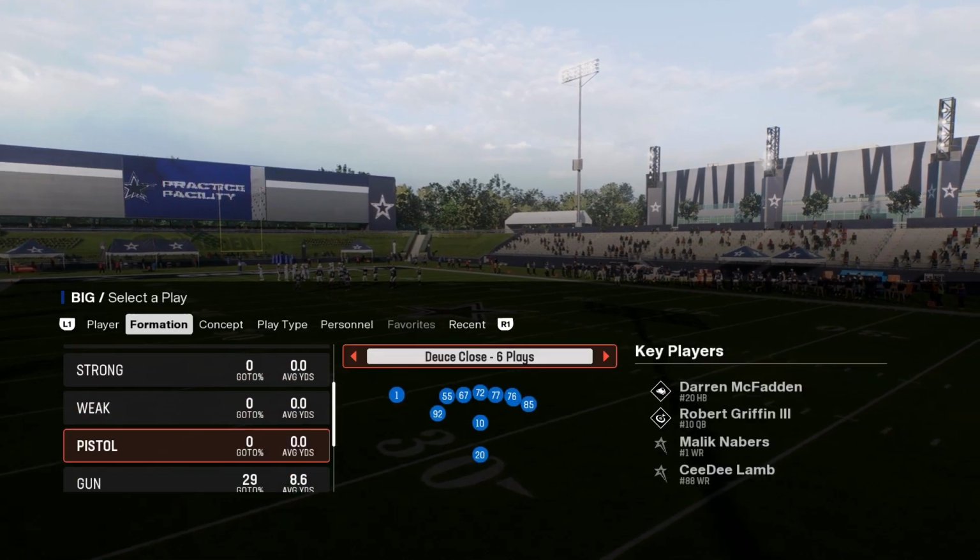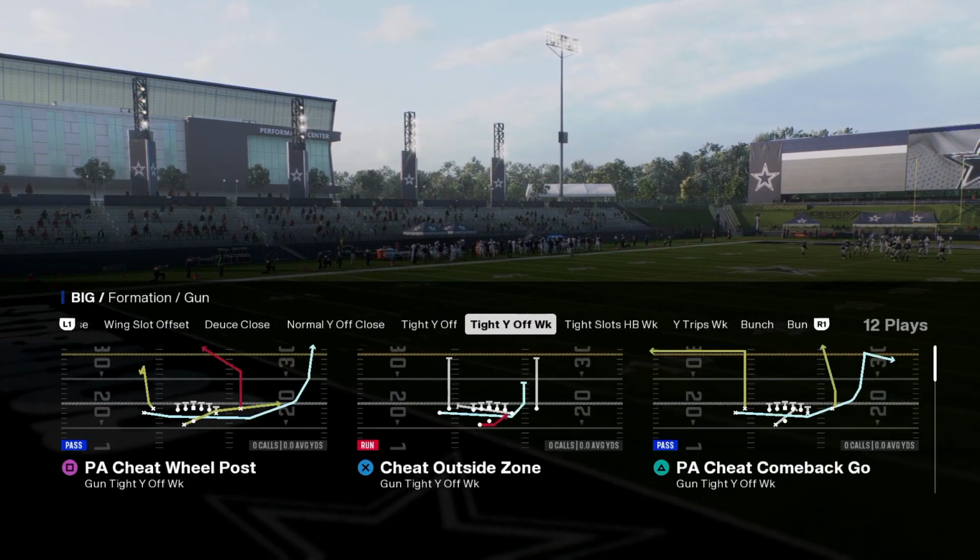In this video, I'm going to be breaking down how to run the tight slots halfback weak formation out of the